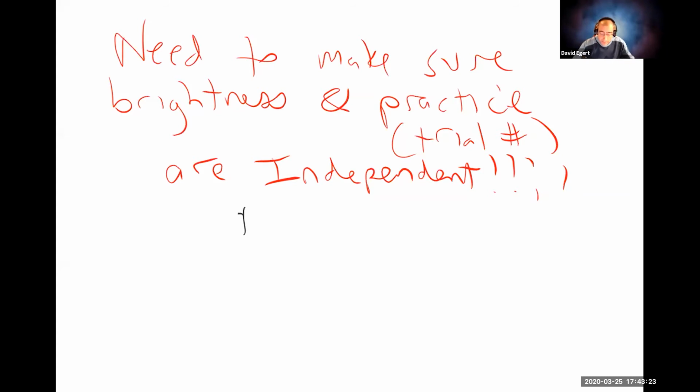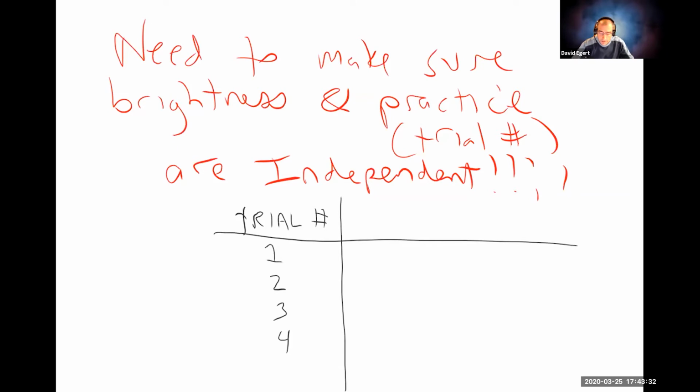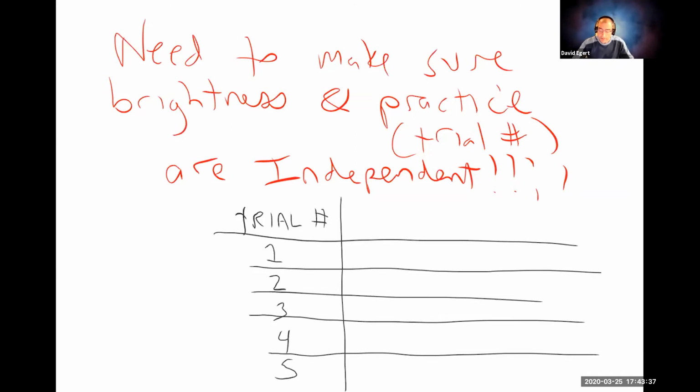So you have trial number, and then the brightness of that trial, and you have to make sure that they are randomized. If we were doing this lab together, at this point, we would have you guys come up with brightnesses for each trial. And then we would actually do the experiment. Because we're having to use data that exists, I'm just going to tell you what we chose